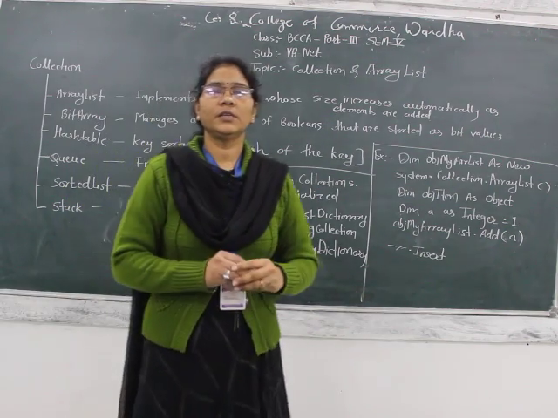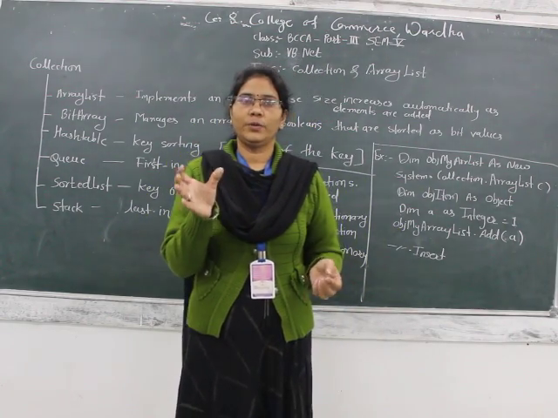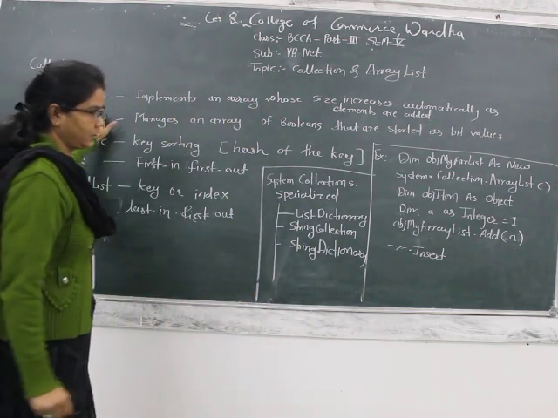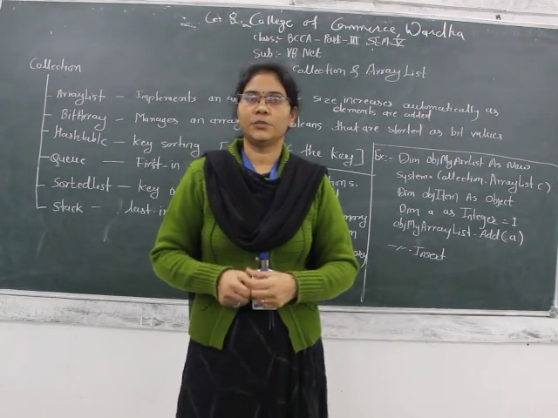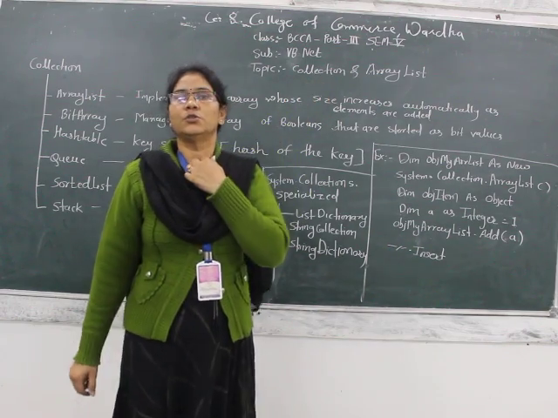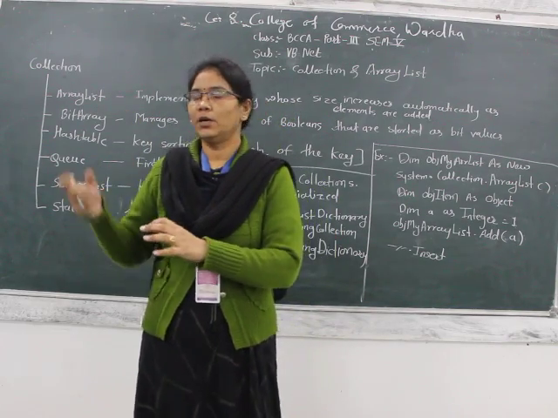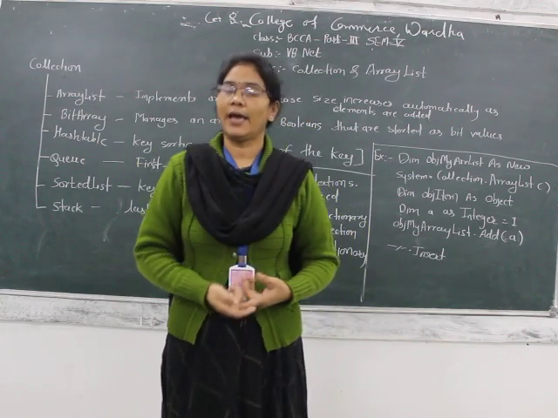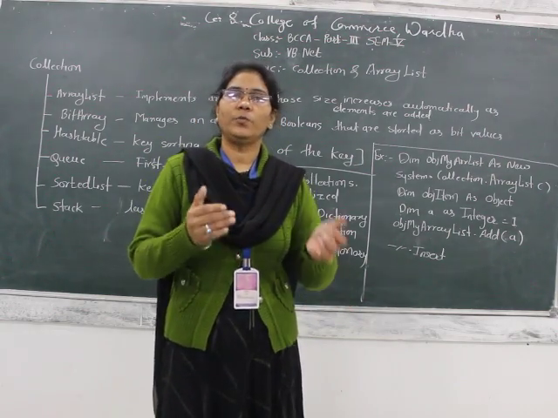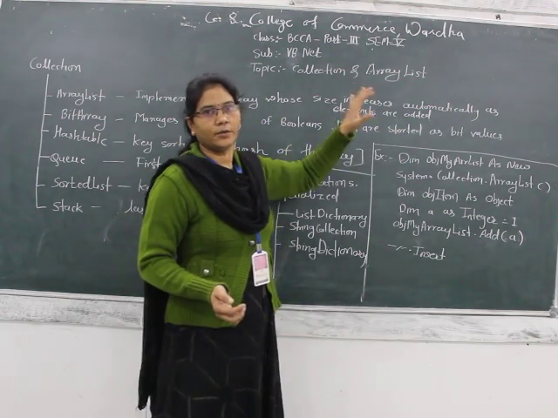So what is the array list? We use the array list like a vector in Java. Different elements we can store under one name, that is the array list. For that we have to create the object of that array list, which has the namespace System.Collections.ArrayList. By using this collection class, we create the array list variable, or object, and after that we can add elements in that array list.